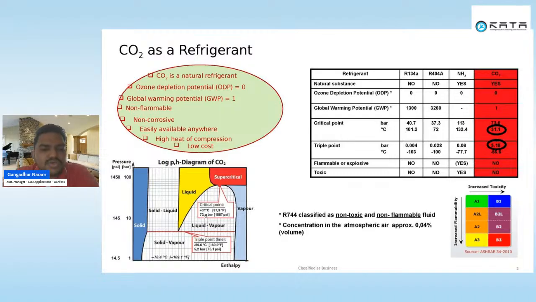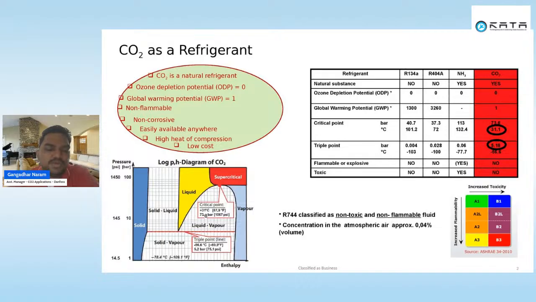So if 31 degrees centigrade is the critical point, we cannot operate the CO2 system as a single refrigerant in a subcritical system, where you have a clear desuperheating, phase change, and subcooling. That's why all our CO2 systems operate in the supercritical region, where